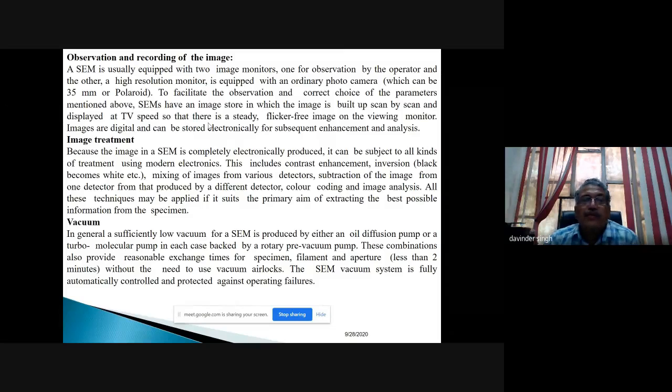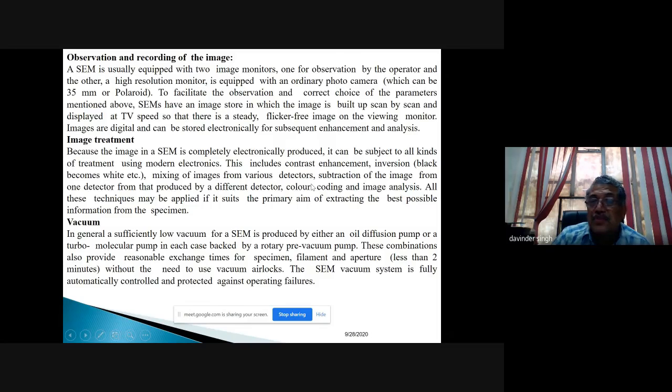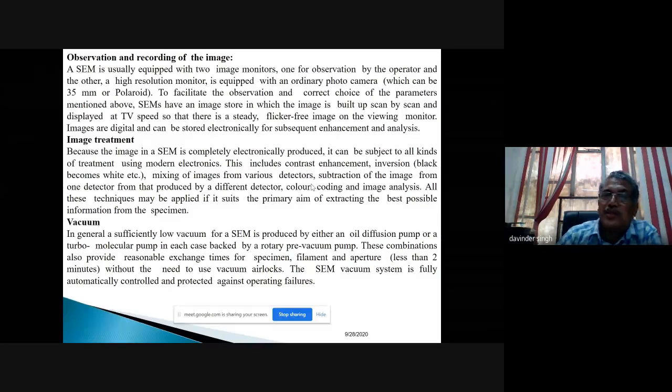So sometimes, some brief about this, we can say the image treatment, because the image in a SEM is completely electronically produced. It can be subject to all kinds of treatment using modern electronics. This includes contrast enhancement, mixing of images from various detectors. Means sometimes you have 2 to 3 detectors and then you are getting the image. Okay, so these are some advanced